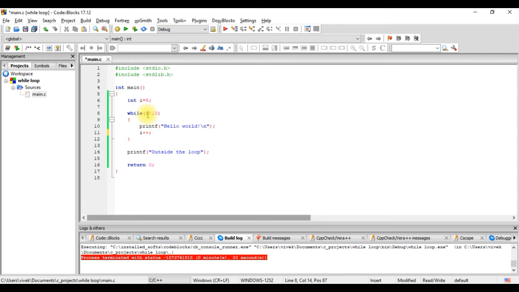This expression here can be any valid statement which is allowed in C, and the entire statement will get executed and evaluated to be true or false. Once it is true, it executes. Once it is false, it exits. We can have statements like